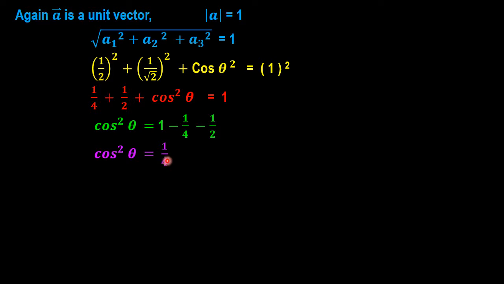So this 1 by 4 can be rewritten as 1 by 2 whole square, and the square from the left hand side and this square will get cancelled, and then we will get cos theta equals 1 by 2. In terms of angle, cos 60 degree is half. So in place of 1 by 2 we can write cos 60 degree. So 60 degree is pi by 3. So in the left hand side cos theta, in the right hand side instead of this half we can write cos pi by 3, which means half only. So while comparing the angle here, we get theta equals pi by 3.